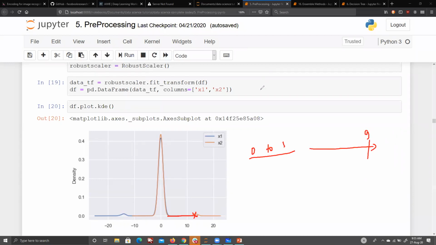Earlier in the min-max scaler, what we were doing was punching everything between 0 to 1. So again, if 100 to the power 10 is here, then 99 to the power 10 is here, and all the values are just clustered here. See how hard it will be to do any kind of classification and regression. It will just not work at all. Here, only the middle 50% is being put in this range. Any outlier is still shown as an outlier.